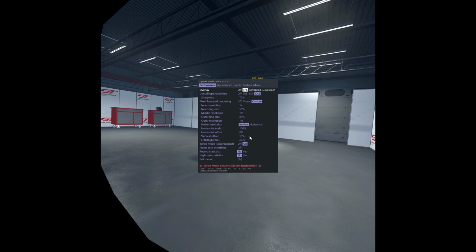Basically, what we want to achieve is that we want to have a close and clear view of the outside world of ACC. And that's reached by shifting the vertical offset to those plus 15%. I'm using the experimental turbo mode on, otherwise I leave everything towards off.